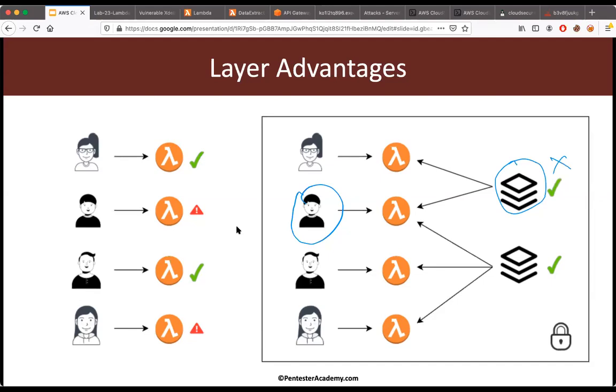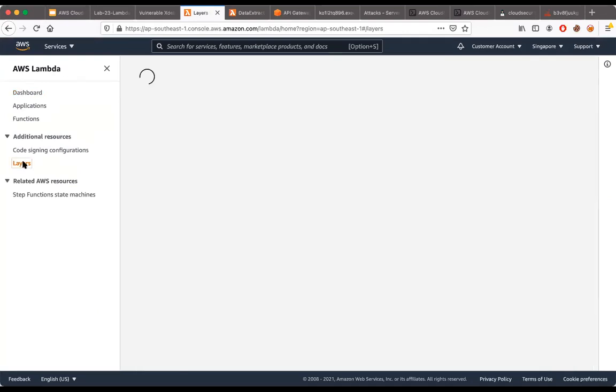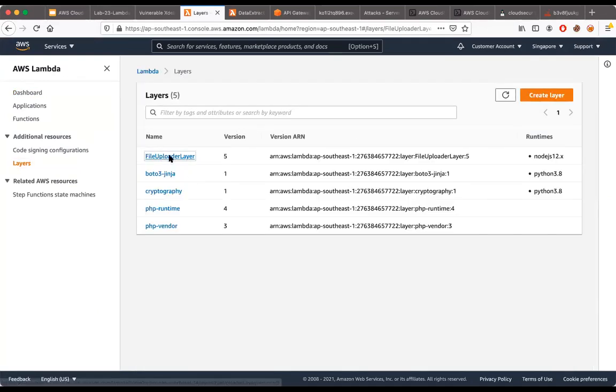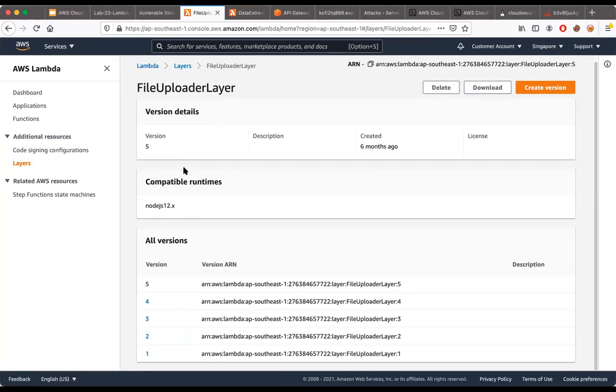Can we tag it? So let me go to the layer section now. So here we can notice we have a layer, right? And each of these layers has 5 versions. So that is the maximum number of versions we can have for a layer. We can go ahead, delete a version, and then we can go ahead, create a version. Yes, that is correct. It is like